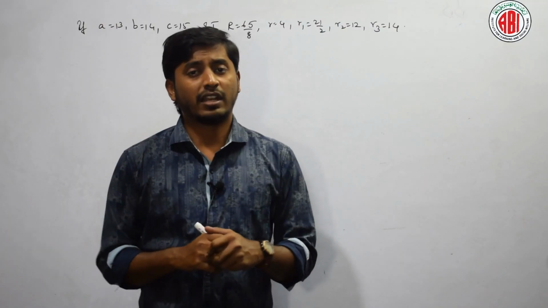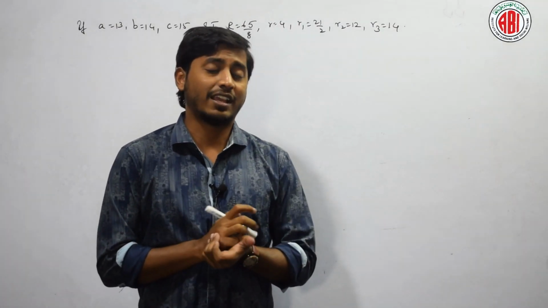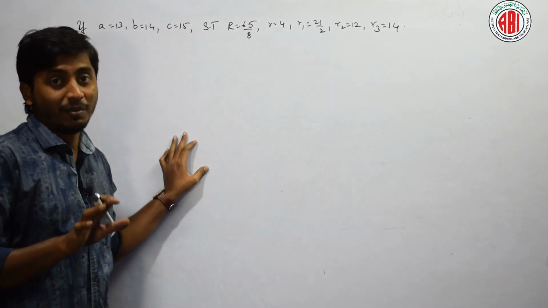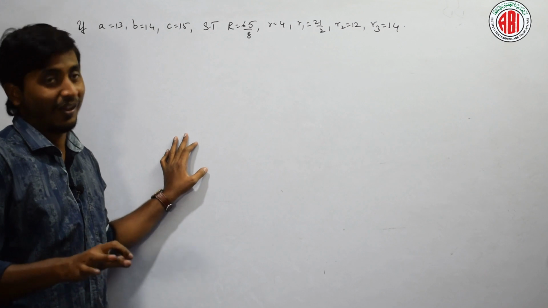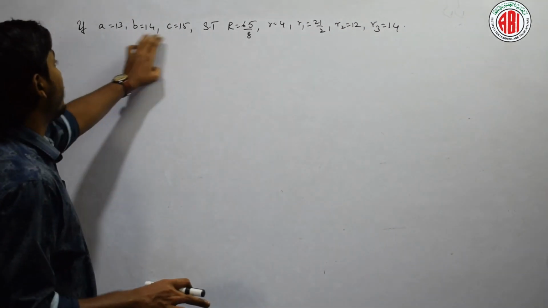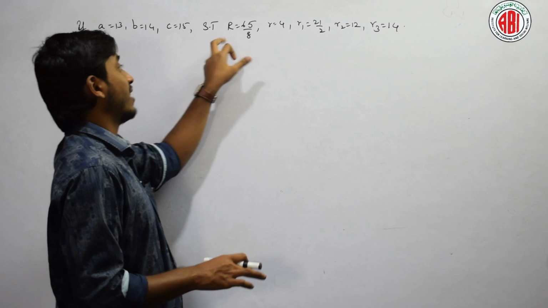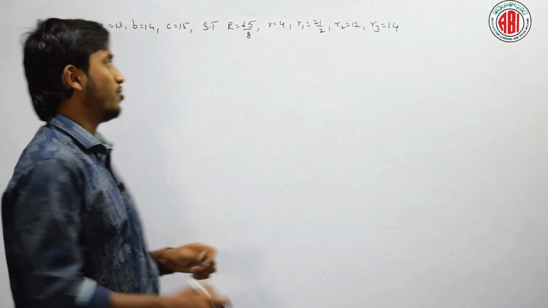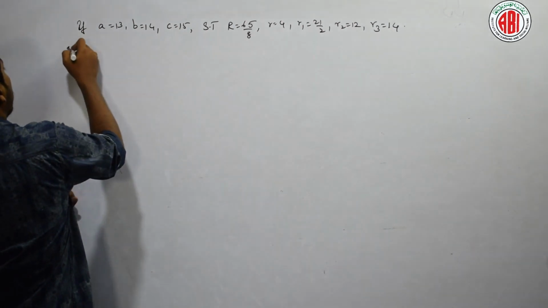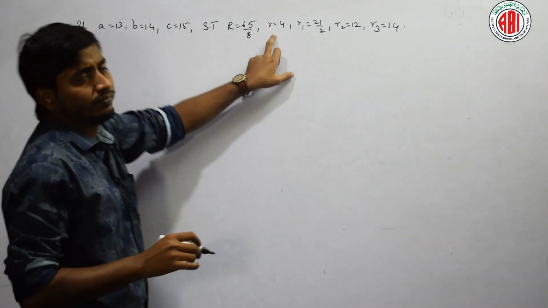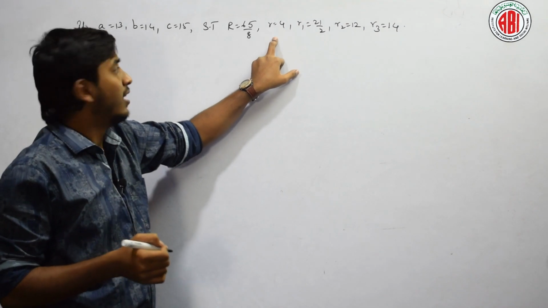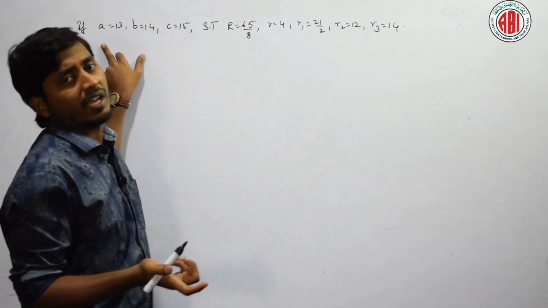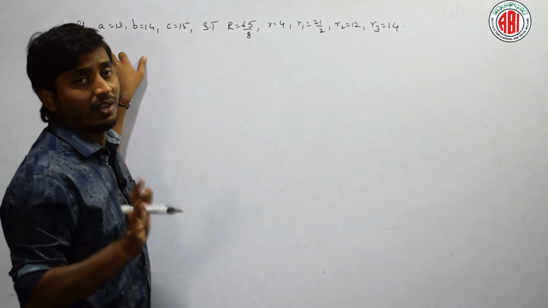Let us do. Now let us look into the next question. This is again one of the easiest questions of the properties of triangles, but the only thing you have to remember is simplification and the formulas. Check here, a is given, b is given, c is given, and he is asking us to find the value of capital R, small r, r1, r2 and r3. How to do that? Just tell me, what is the formula of r? That is delta by S. Do I have delta? We can find from abc. Do I have S? Yes, we can find from abc. That is the only thing you have to remember.